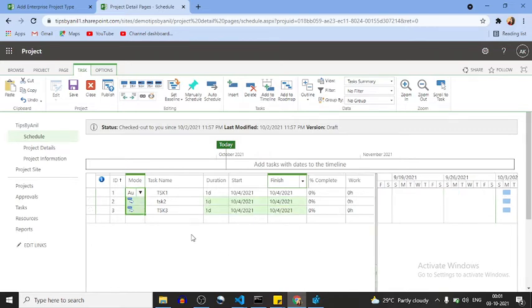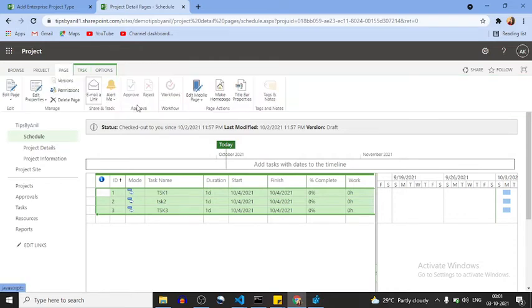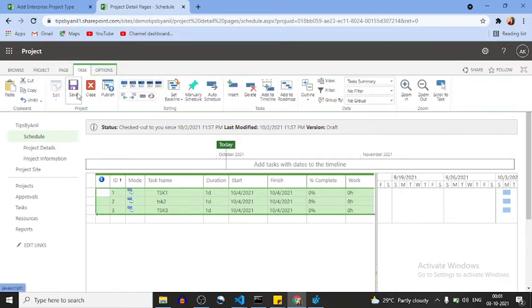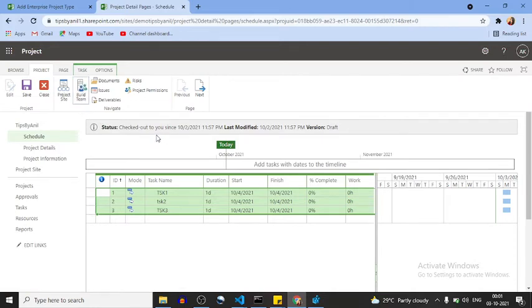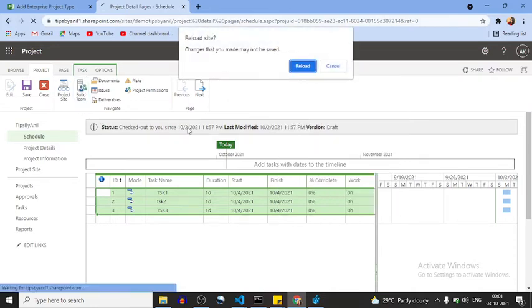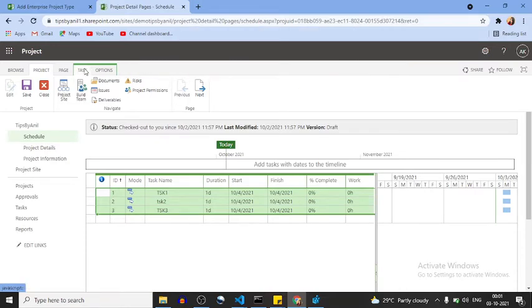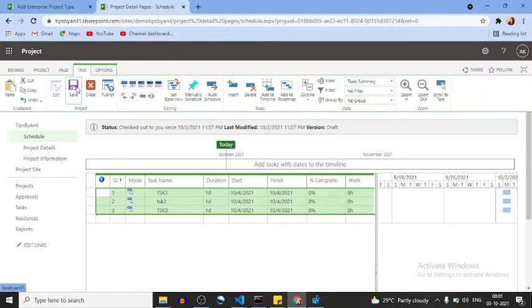If you want to see in detail how we can create scheduling and how we can assign a resource to a task, you can watch my playlist, and I will drop the link in the description. But here we are going to discuss everything in short. Okay, so now suppose I have created this. Now if I click on the save button, and I want to build my team, I'm having some connectivity issue, so let me save this.